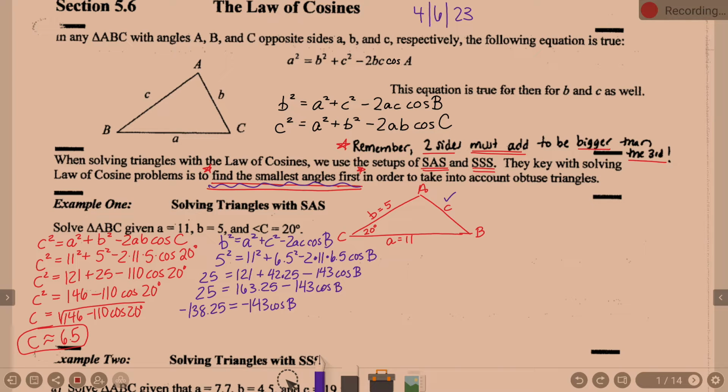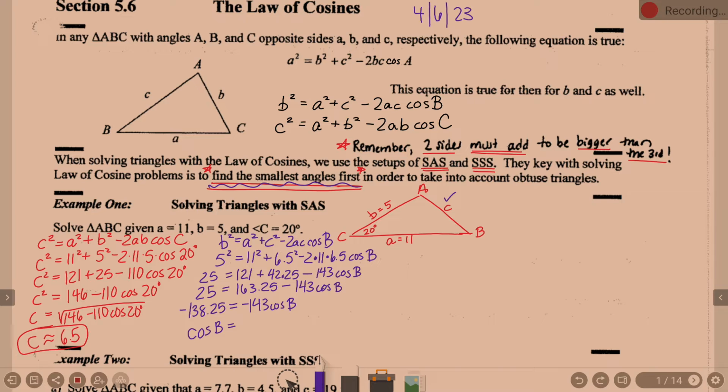So what I tend to do at this point is just write it as a fraction, and I'll put it into my calculator as that fraction. I would not suggest getting that decimal and rounding it. If you do get the decimal, make sure you use that big full decimal later when you do the problem. So I'm going to write this as cosine b is going to be equal to